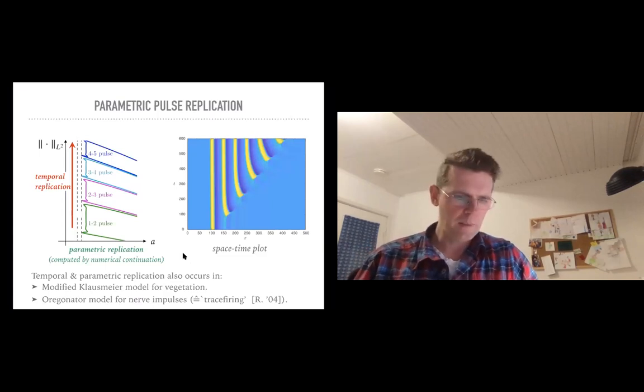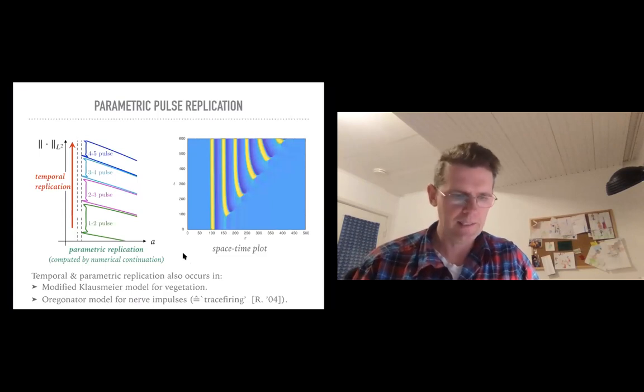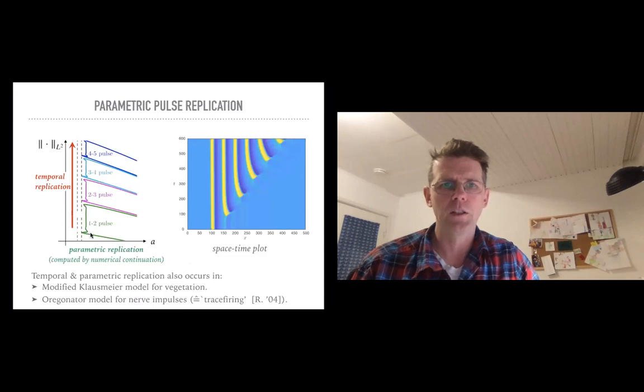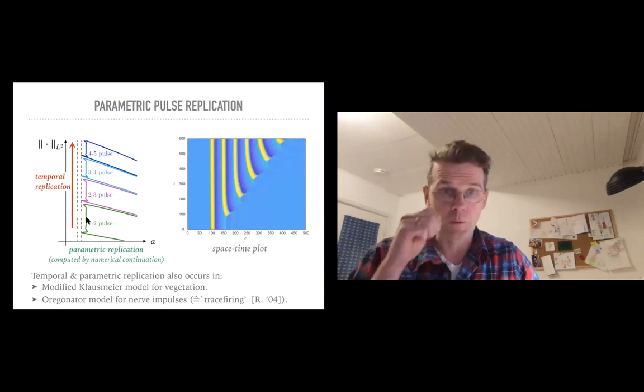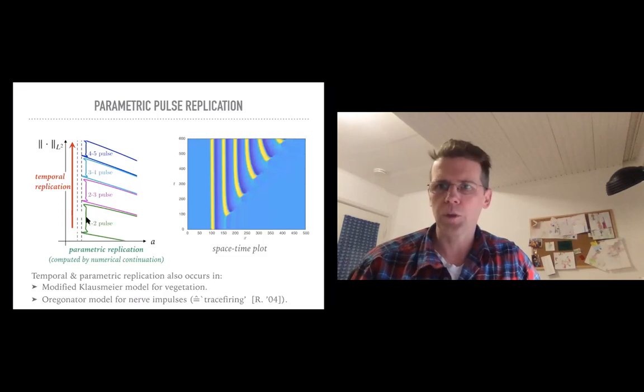Okay, these are the two types of replication that we see here. And when looking at such a parametric replication along a branch, a natural question is, what about the stability of these pulses? Because if it so happens that the temporal dynamics reflects what these branches look like, there should be some stability information associated with it. And that's what we started out with, thinking, okay, we have this branch and that behaves like a center manifold, and then we just show that one can drift along this branch, and that's it.